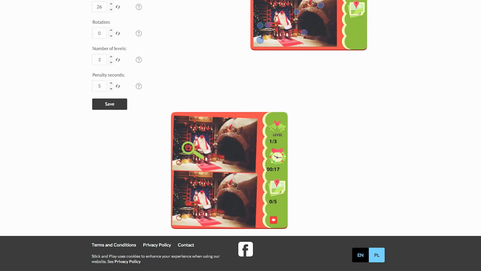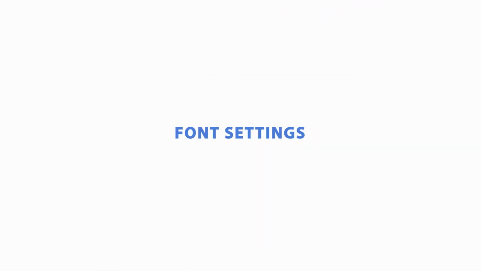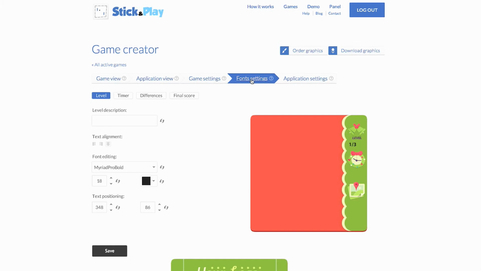When you're satisfied with the playability of your game, switch to font settings. Here you can customize all the fonts, their look, size, alignment, and position. Please remember to press Save whenever you change your settings. Game score description. Enter the text describing the score visible during gameplay. Text alignment. Adjust the setting of the text in relation to all